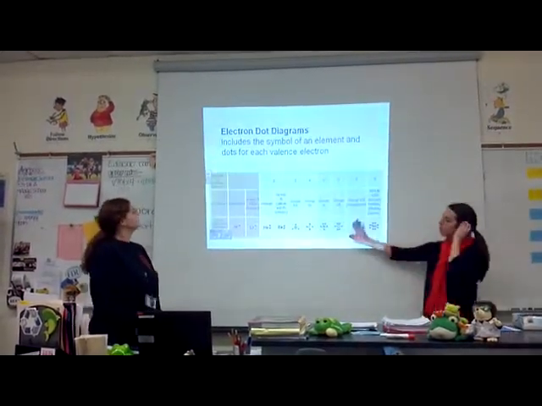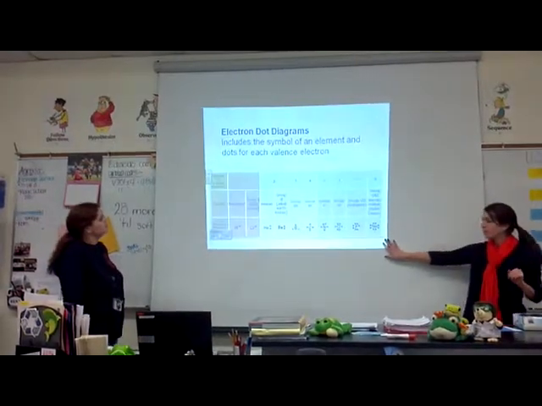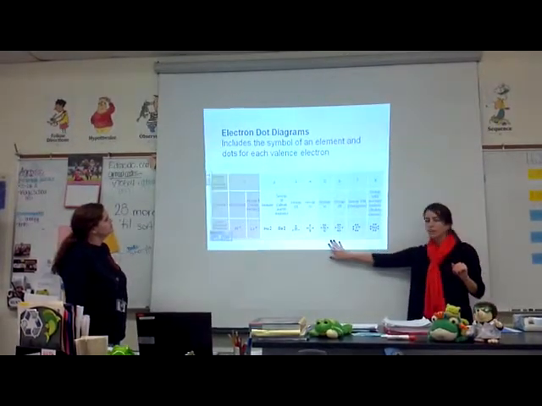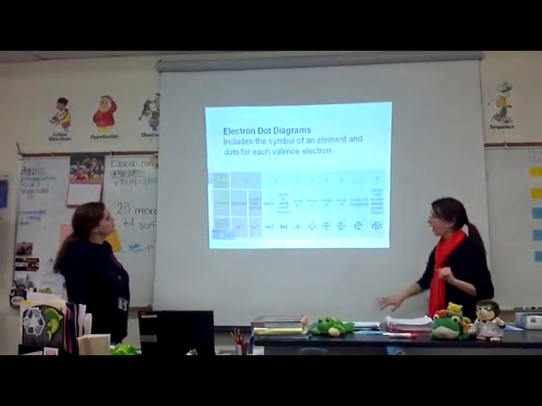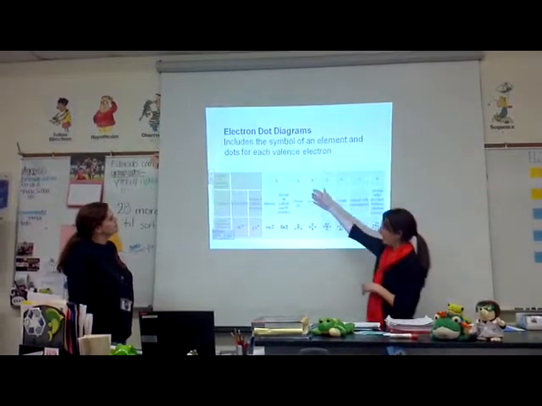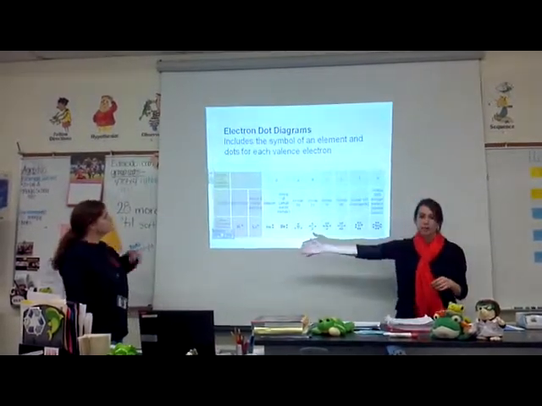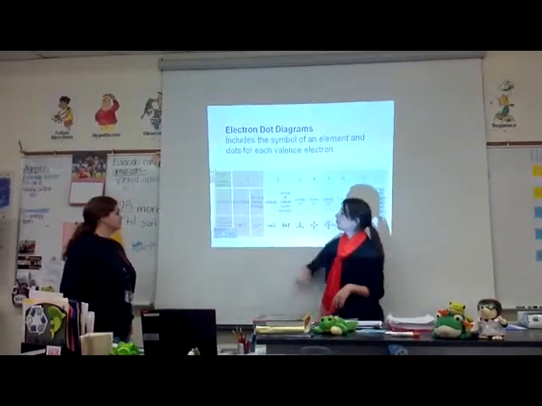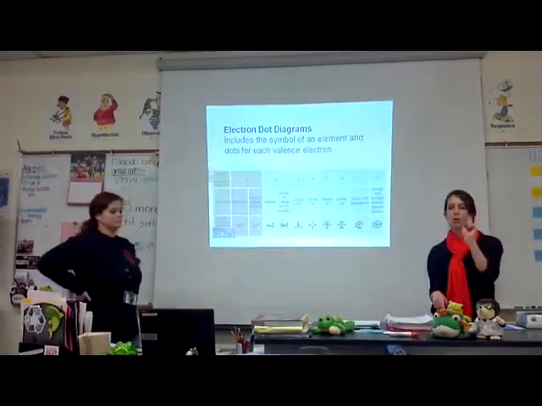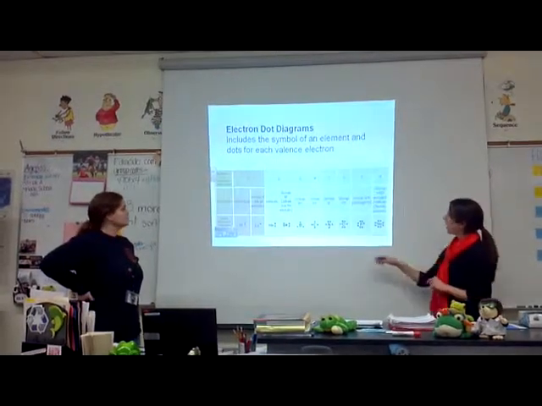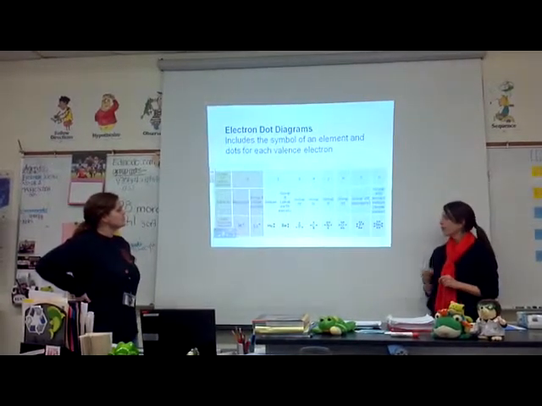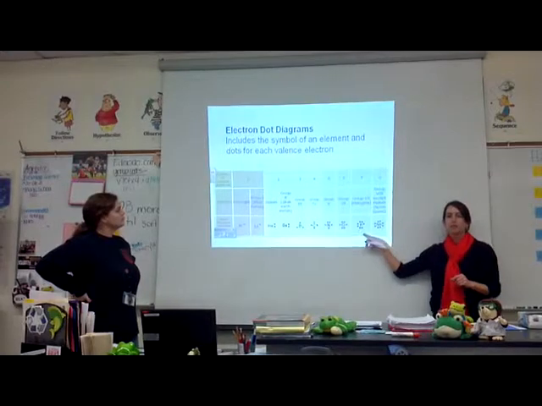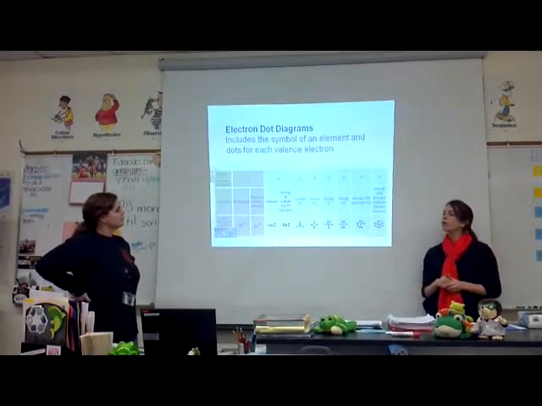We will be drawing electron dot diagrams based on the valence electrons of each element. If it is found in row 1 of the periodic table, which we will get into further in the class, it will only have 1 valence electron, so we will be drawing 1 dot. If it is found in row 7, it'll have 7 valence electrons, and you will draw 7 dots. For example,